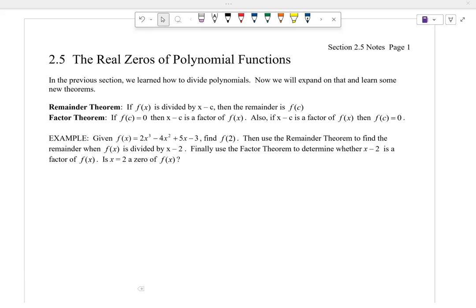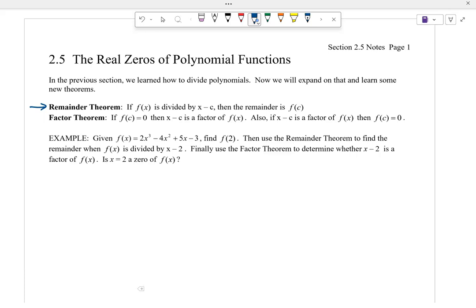Take a look today at real zeros of polynomials. Last time we learned how to divide polynomials, so now we're going to apply the remainder theorem and the factor theorem. So the remainder theorem says if f of x is divided by x minus c, then the remainder is f of c, actually. Okay. So for example,